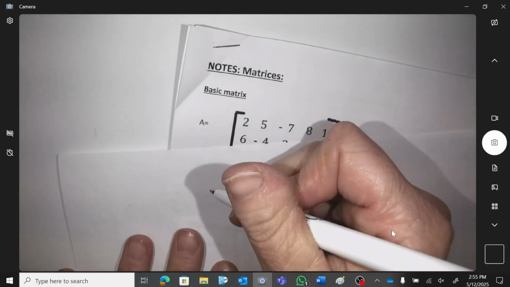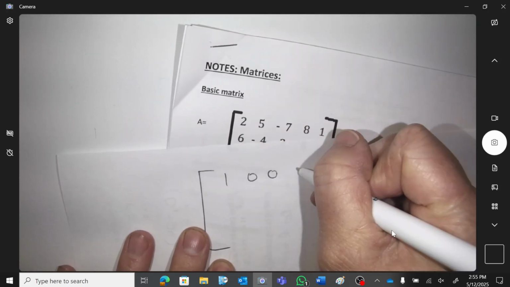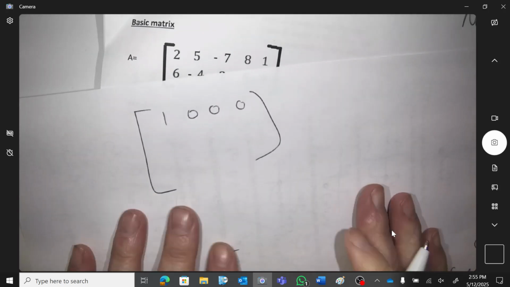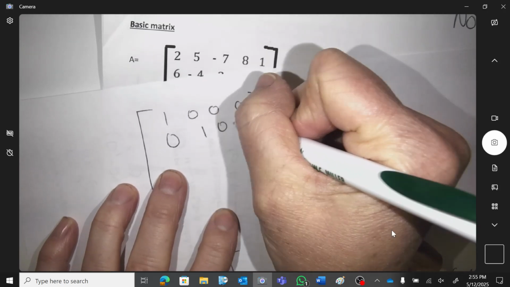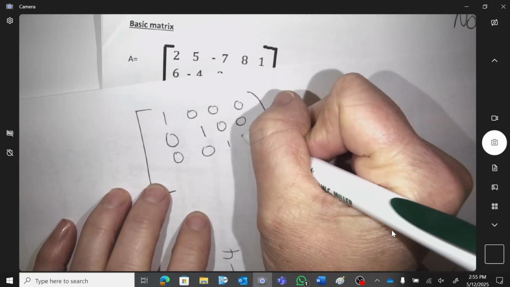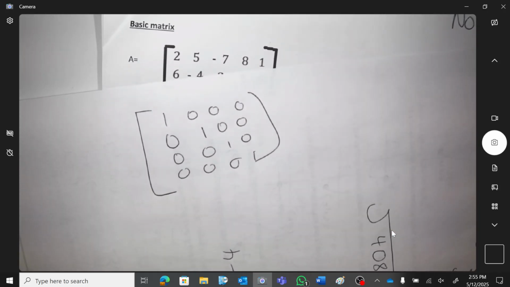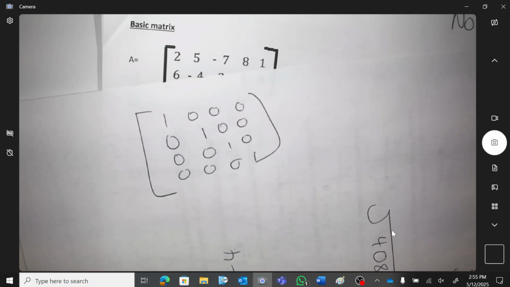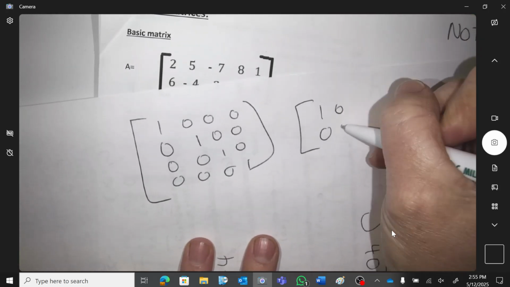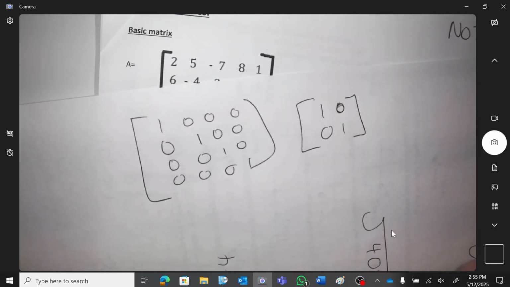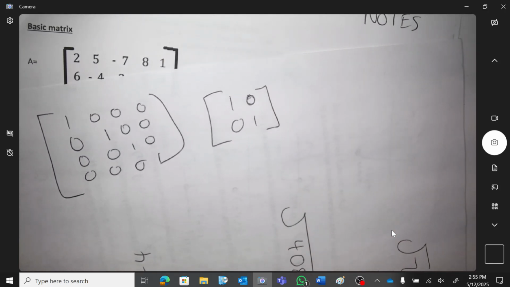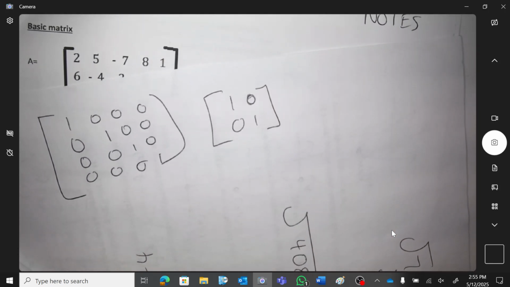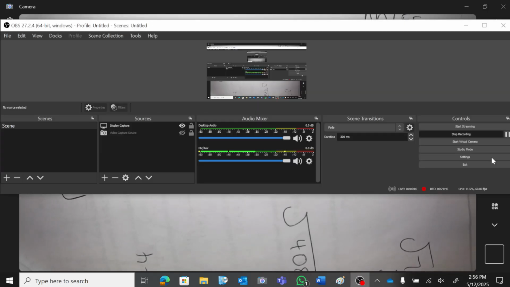What would a 4 by 4 identity look like? 1, 0, 0, 0. And then 0, 1, 0, 0. 0, 0, 1, 0, 0, 0, 0, 1. That's an identity on a 4 by 4. Okay? And what would a 2 by 2 look like? Okay? You're right. Got the point? That's what an identity matrix is. So it's like the math version of timesing by 1. Matrices. What about a 2 by